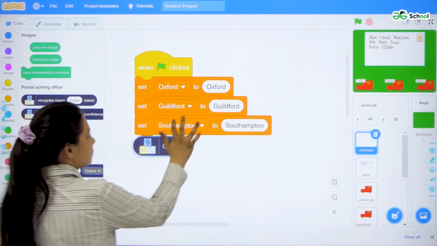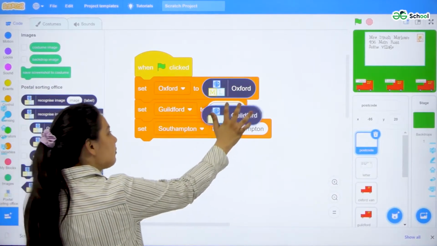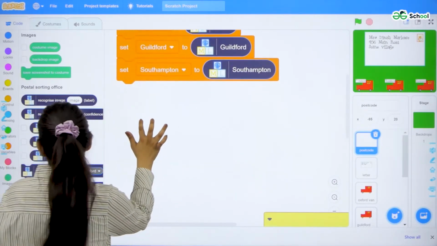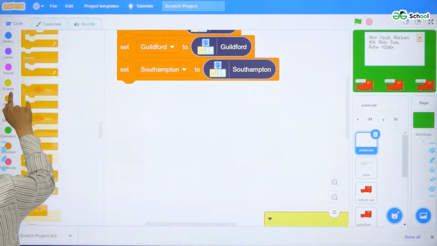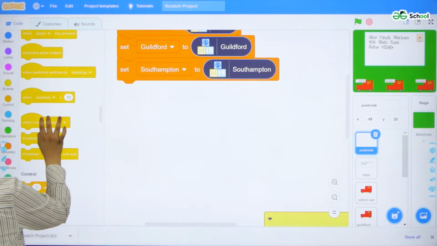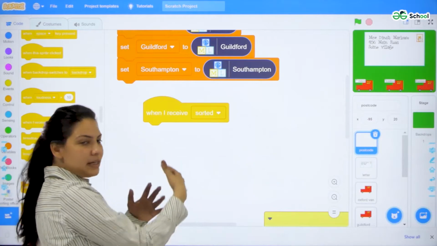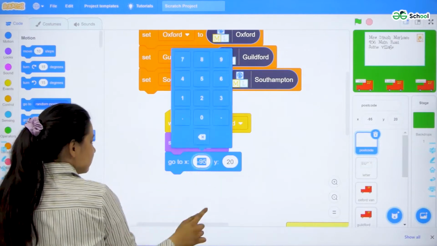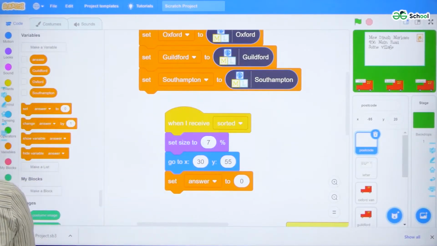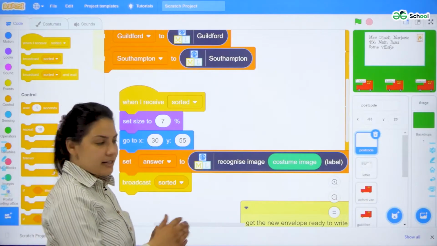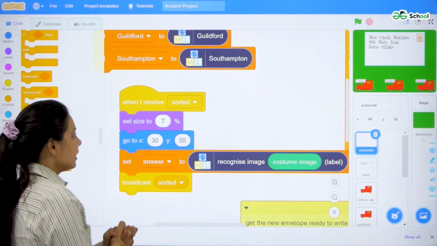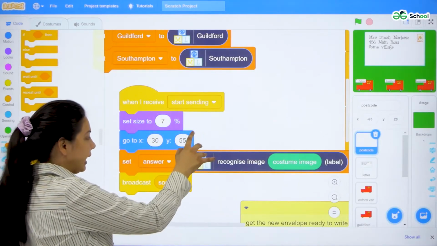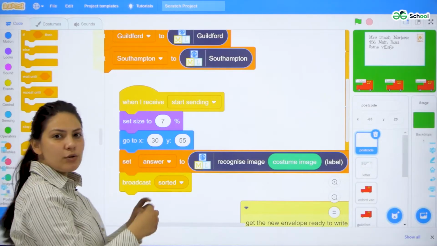So I am selecting my machine learning model options and also I'll write some of the code. First, let me write the code, then I'll explain to you. Okay, so let us understand this code. What I have written here is, when I receive the letters as start sending, I'll set the size to 7%.